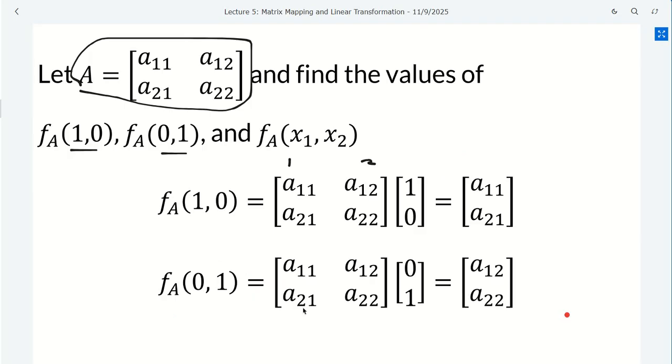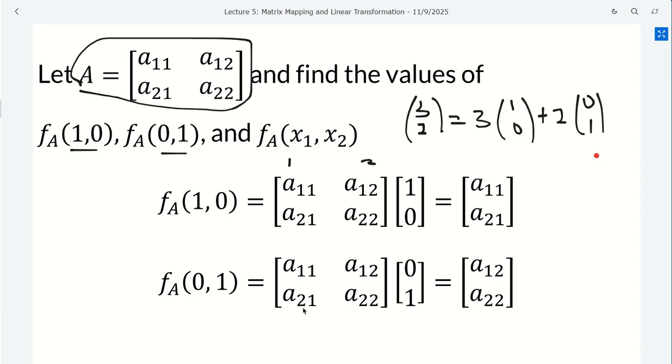Now, this should tell you something: when you have any vector, so for example, a vector 3, 2 over here, we can construct this vector using the basis. So I'll have 3 here, which is times 1, 0. Then I also have 2 over here, which is times 0, 1. That means any vector at all in whatever space that you are dealing with,